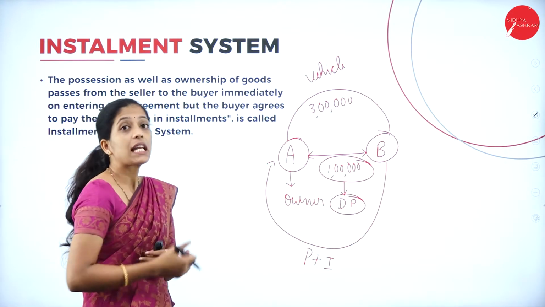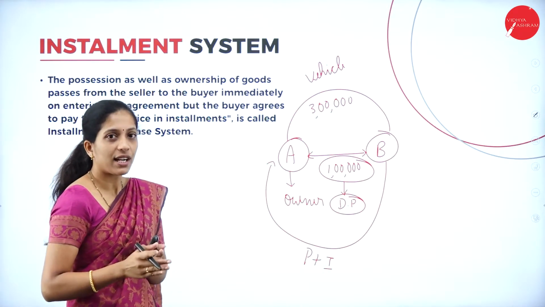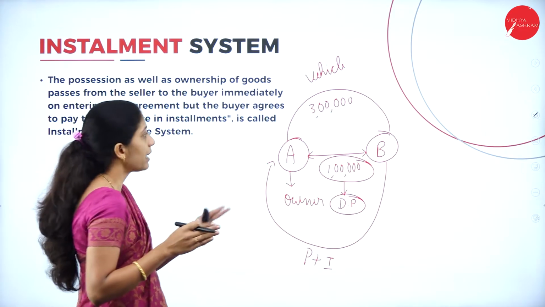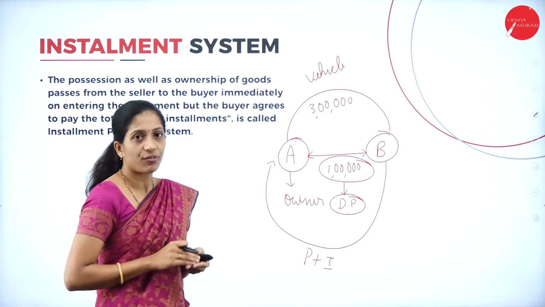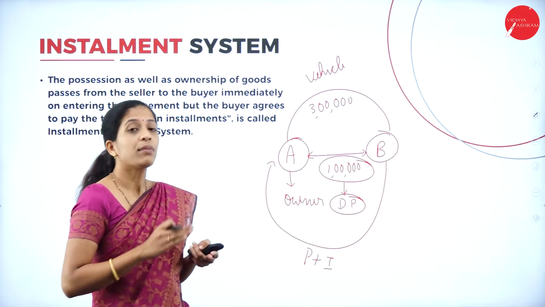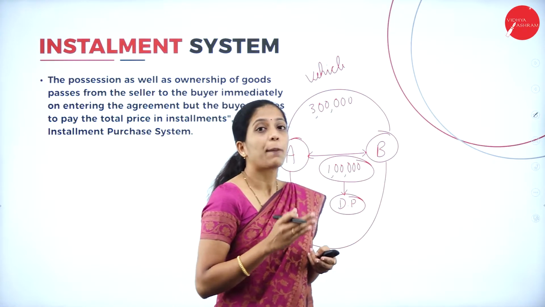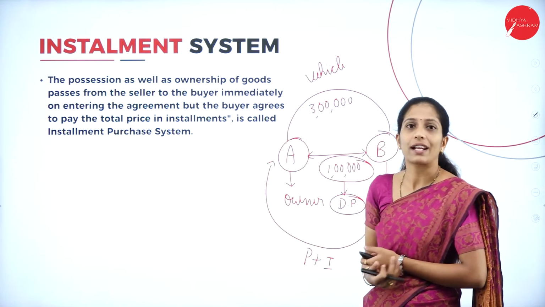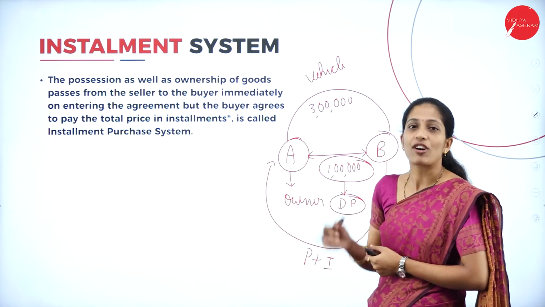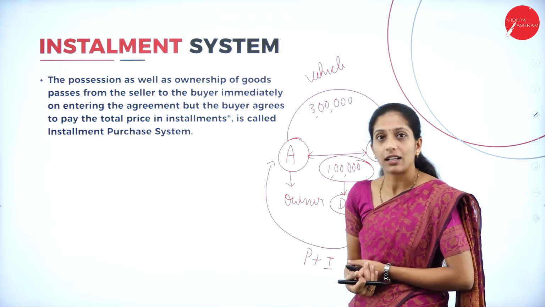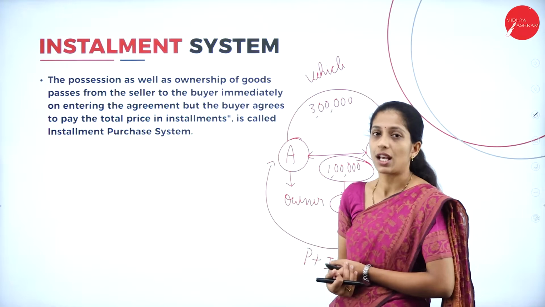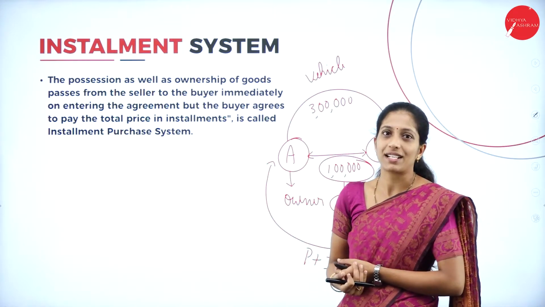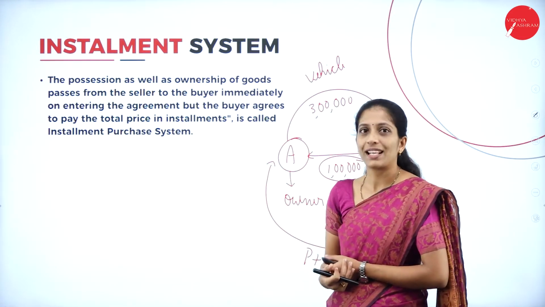So this is about the installment system. You might wonder, hire purchase system also follows the same procedure, right? But here the difference is that on the date of agreement itself, the ownership will transfer. Whereas in hire purchase system, the ownership will be transferred only after the payment of the last installment. But here the ownership will be transferred immediately on the date of agreement itself. So this is about installment system. You can expect a 10 marks problem on ledger accounts on installment system. And if you learn hire purchase system, the same will apply to the installment system also.